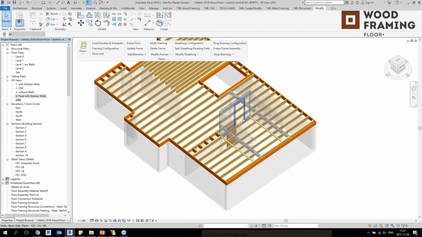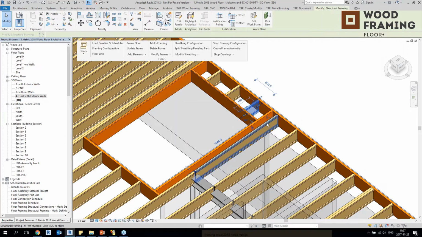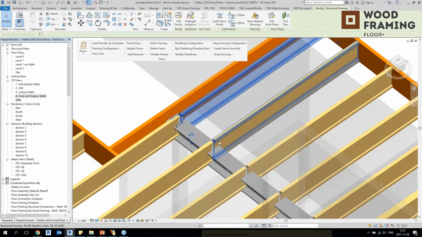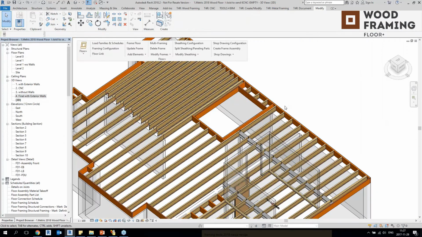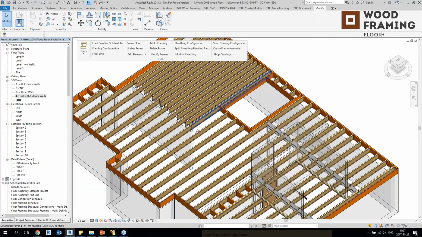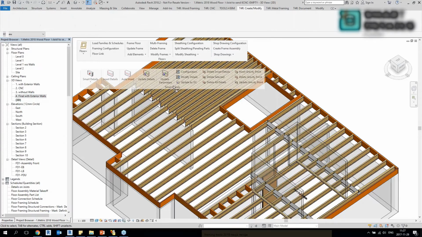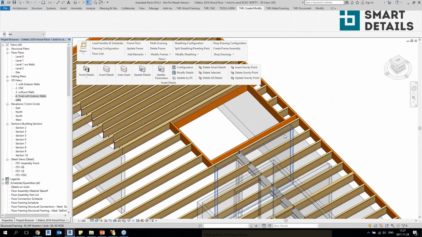So I will go back to the 3D view, and as you can see, I have all these different framing elements right here, and of course I will need different details in connections right here, also for these rim joists and also for these eye joists. The details will have to be different, so I'll have to use different configurations, and so that I would not need to select them one by one and use different configuration, we added such possibility. I will find the smart details. Yeah, I will add it using smart details,